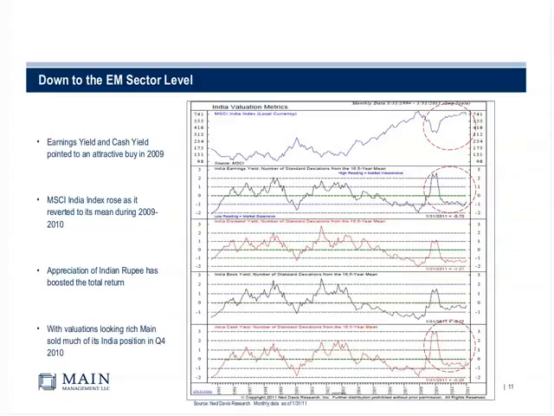So flipping to the next slide, this is going down now to looking at valuation, which we talked about earlier. Valuation matters. So here's an example of something that we had owned for a while and have trimmed back the position significantly. The top panel here is price only for India. The next panel shows a PE basis. They call it an earnings yield, but that's the inverse. It's a PE. And the bottom panel is a price to cash earnings.